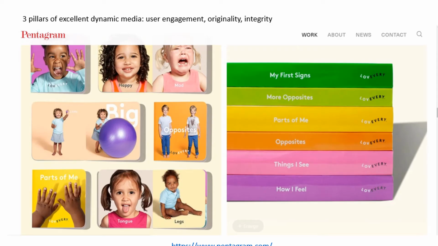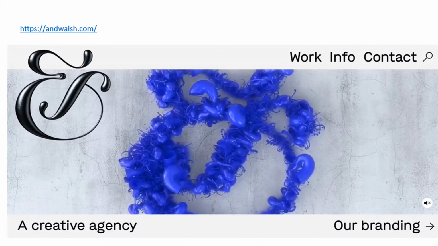And this, for instance, is an ad from Pentagram, a very large advertising agency. And these were the things that we were looking for in terms of what do we see on websites that excites us? What do we see on websites that engages us as well? And that to me is very important as a designer and as a web designer especially. And this is a creative agency in New York City. When you look at the website, it's really interesting how this website works. So if you ever get a chance, you should take a look at it.